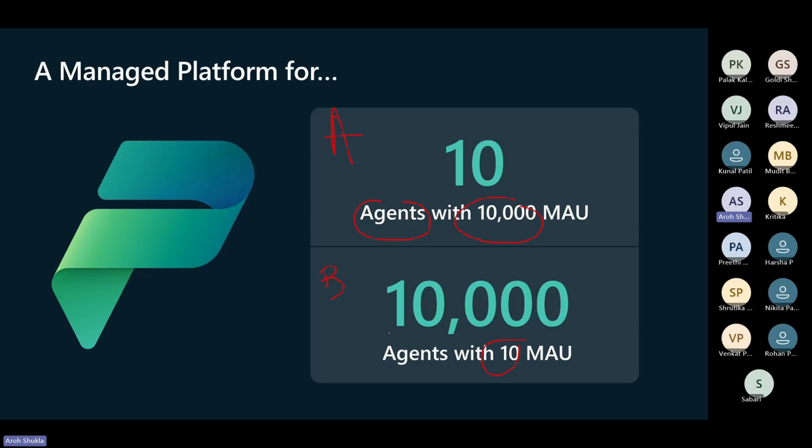So in Power Platform in general, you can either have 10 agents or 10,000 users. This is the scale you can go for. The summary of this slide is that you can have the same engagement depending on the scenario. Scenario A is a high concentration of usage: IT department, highly popular, highly scalable usage. However, scenario B is fragmented usage, because only some users are using it, but they are distributed across different regions. So you have custom agents for each department. It depends on how you work on that.